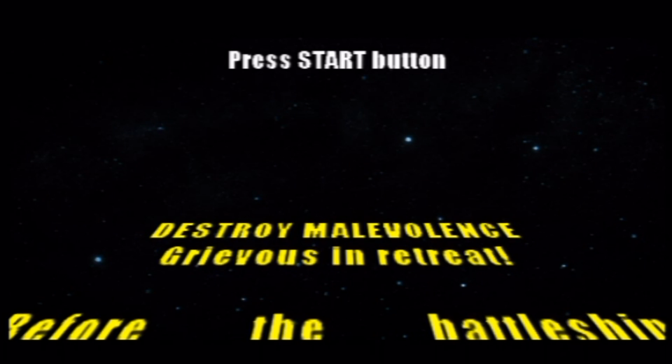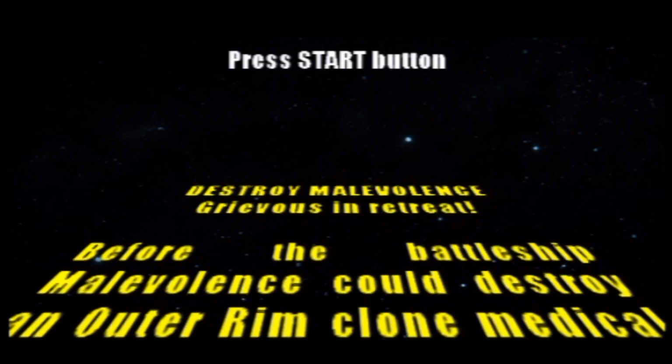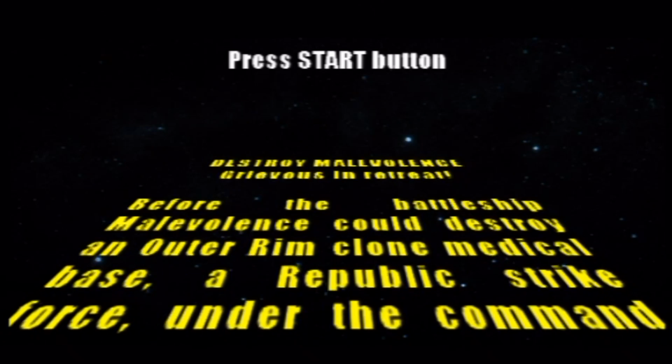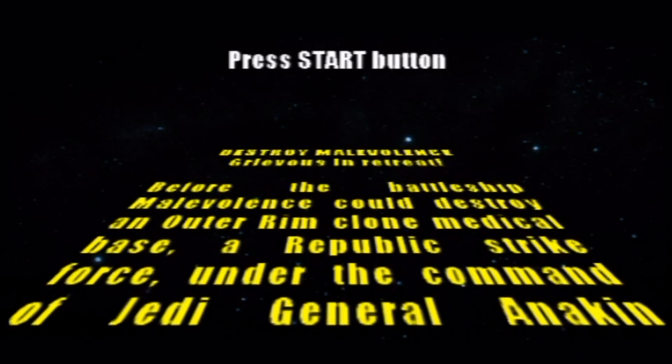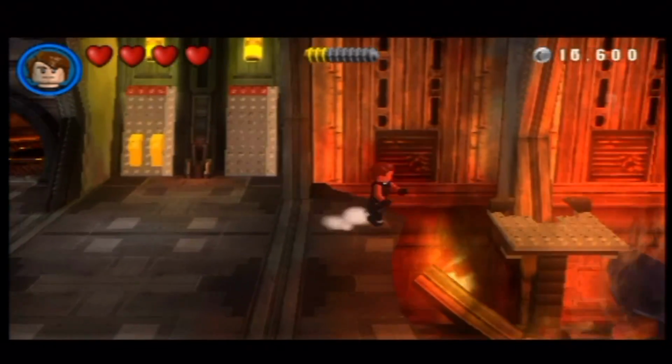LEGO Star Wars 3 for the PSP starts off, just as you'd expect, with your normal Star Wars fanfare covering the events that previously happened before the event that's going to happen. This leads right into a pre-rendered cutscene, just like on the Xbox, PC, and PlayStation versions. The cutscenes are exactly the same as in the bigger console versions, and this is where the similarities start